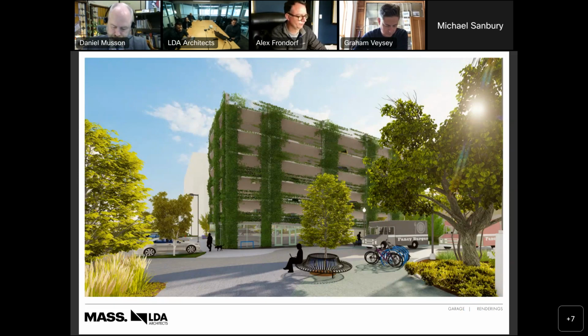We're providing hardy, large size planting beds at the base of the garage, both between the storefronts, and then along the south and west elevations we have longer continuous runs of planting beds. The goal is to allow the vines to grow up the facade and cover as much of the garage facade as possible. They will be maintained and trimmed around the storefronts, but once they get above, they're designed to climb and spread, as we hope and plan that they would.